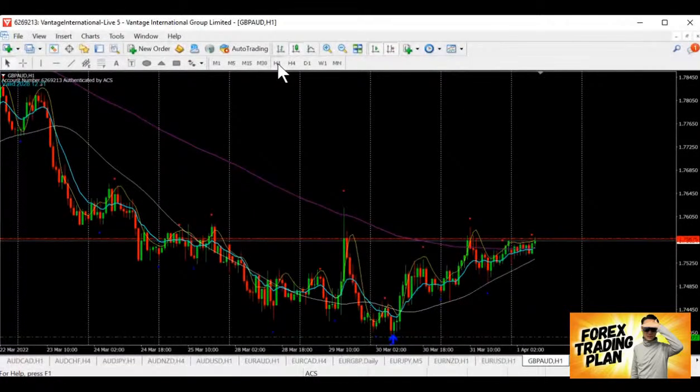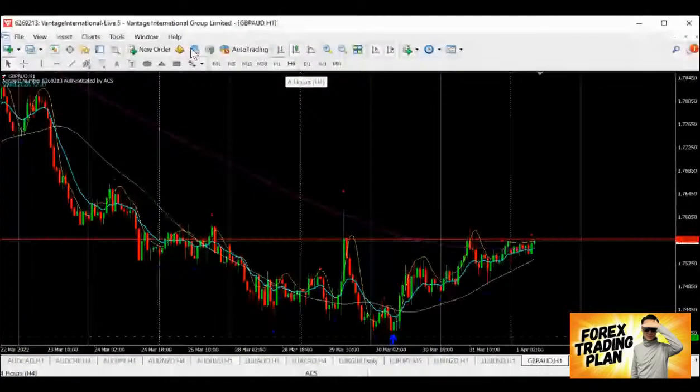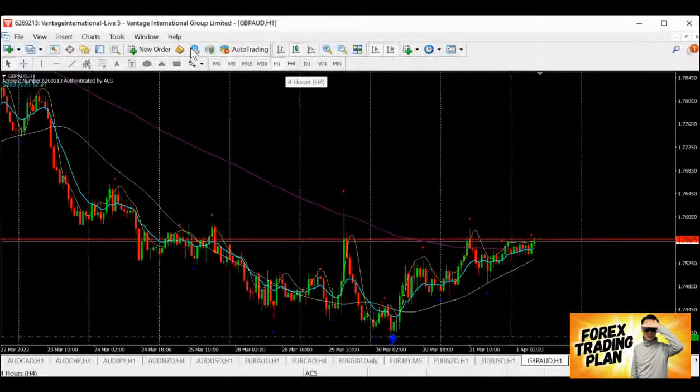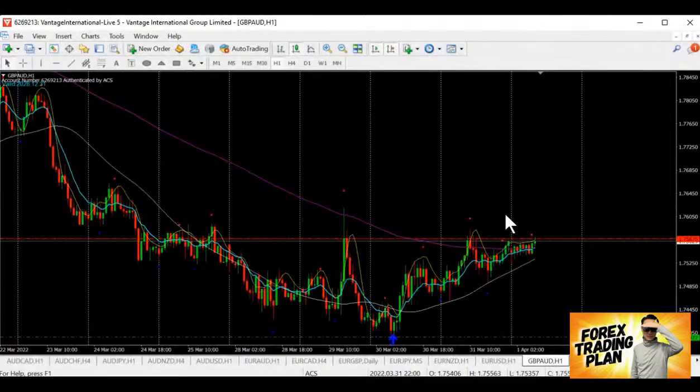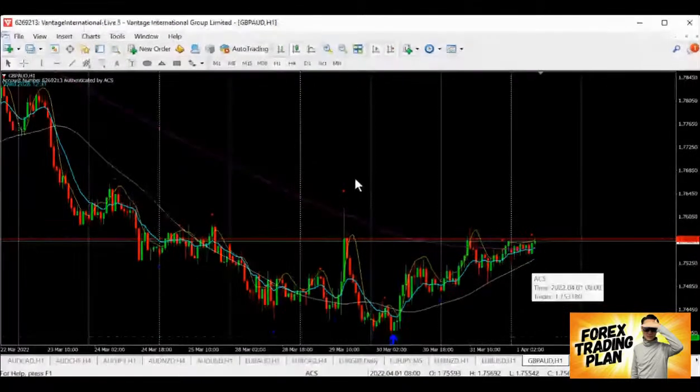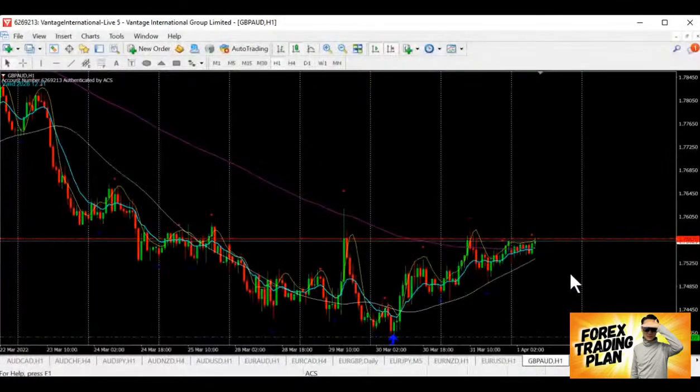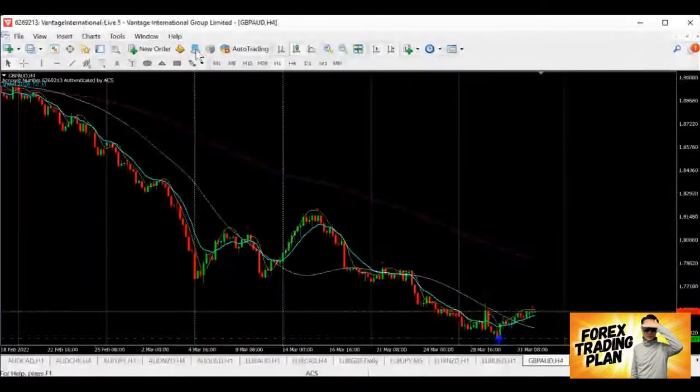So I won't be touching this. Quite near, okay, quite near. We may have a chance. If this Pound Aussie is not breaking up, then we will have a chance to sell. By then we should be looking at another round, another wave of selling. Okay, so I guess it's pretty good.